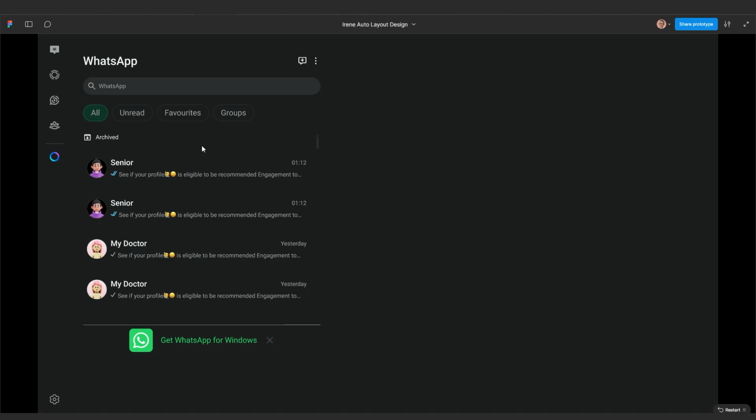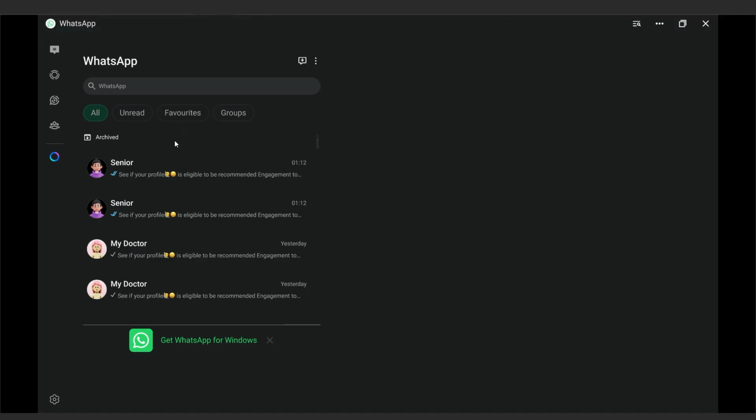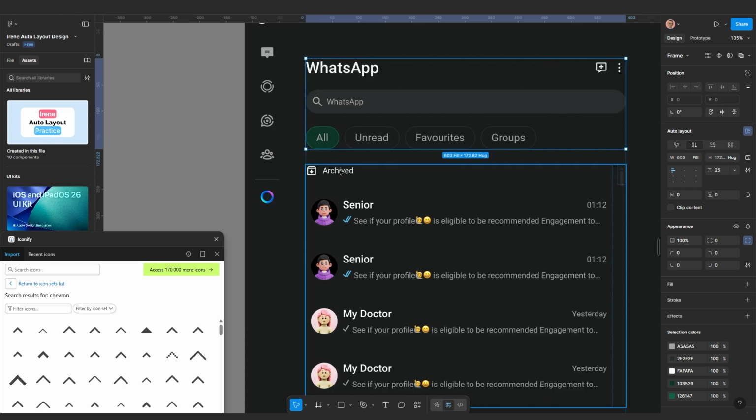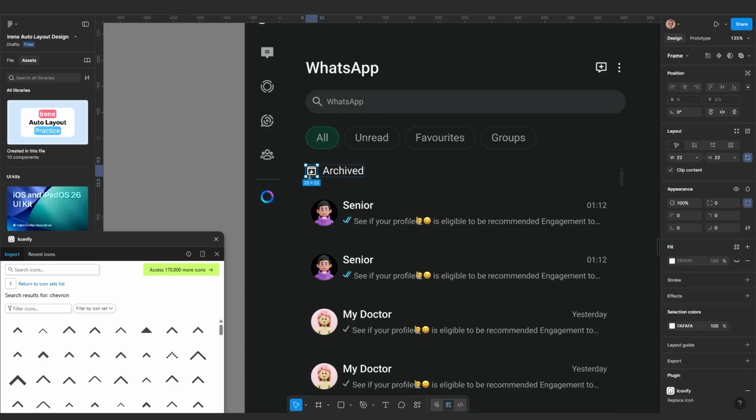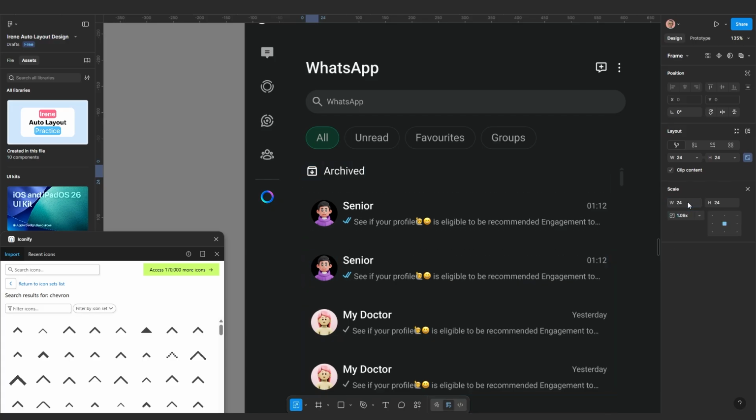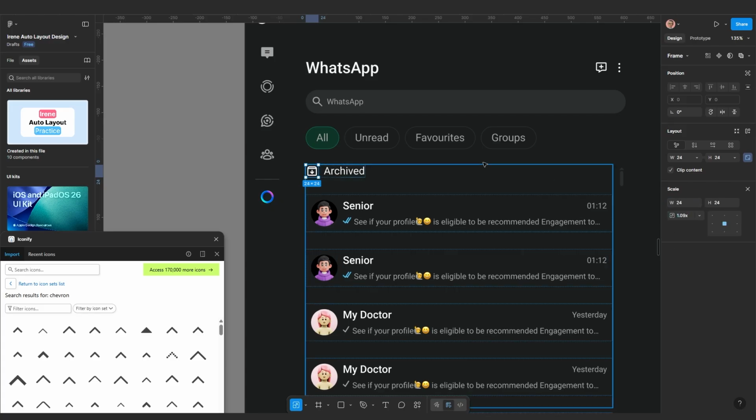Anything that will help you to avoid visual clutter, I think you have to follow it. Now we have something like this. On the archive, I think it's a little bit lost. So why not increase it to 20 and increase this guy to 22. So I'm going to select the scale tool and make it 24, just to bring it up a little bit,